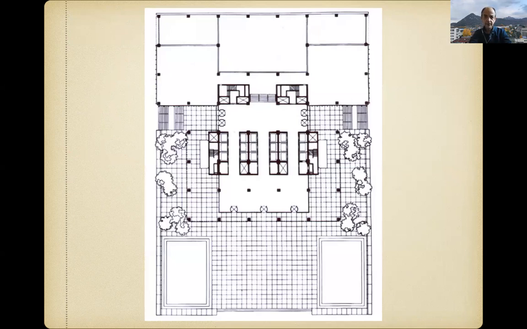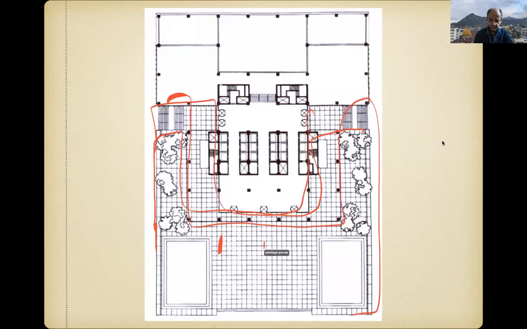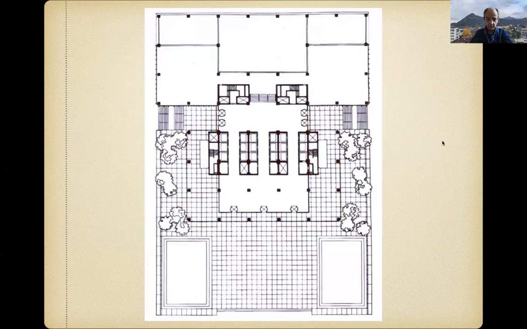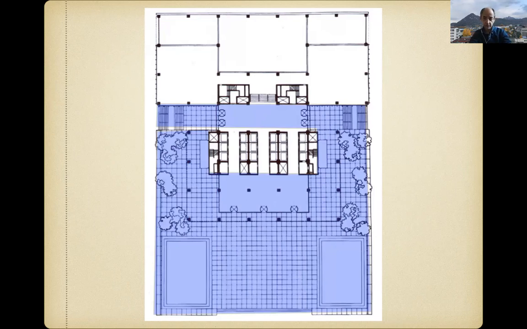If we see the plan, actually, the plan is much more complex than the photo suggests. So the square is probably near 50%. Well, we have the glass, right? But since the pilotis are open, this is a glass. See the continuity of the floor with the exterior. You really perceive it as an open space, almost 2/3 of the square, right? Part of it in continuity with the exterior, part of it under pilotis, right?